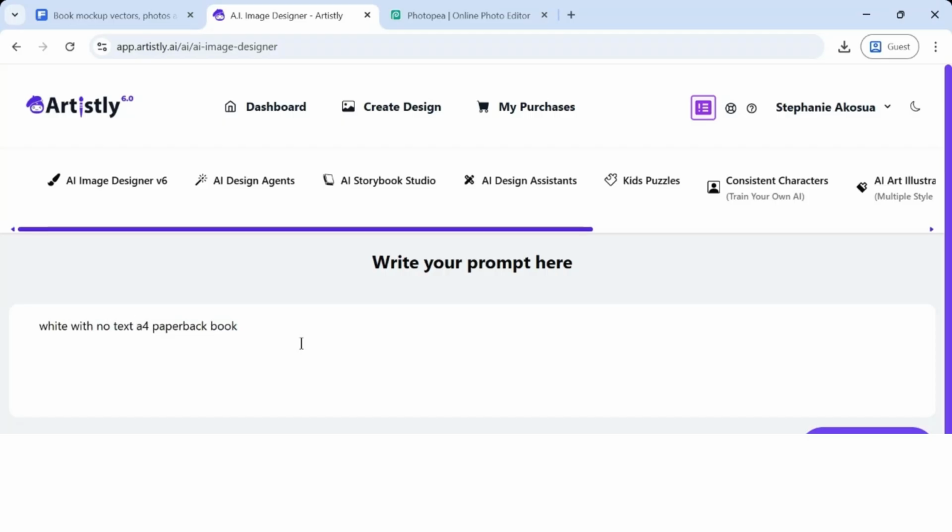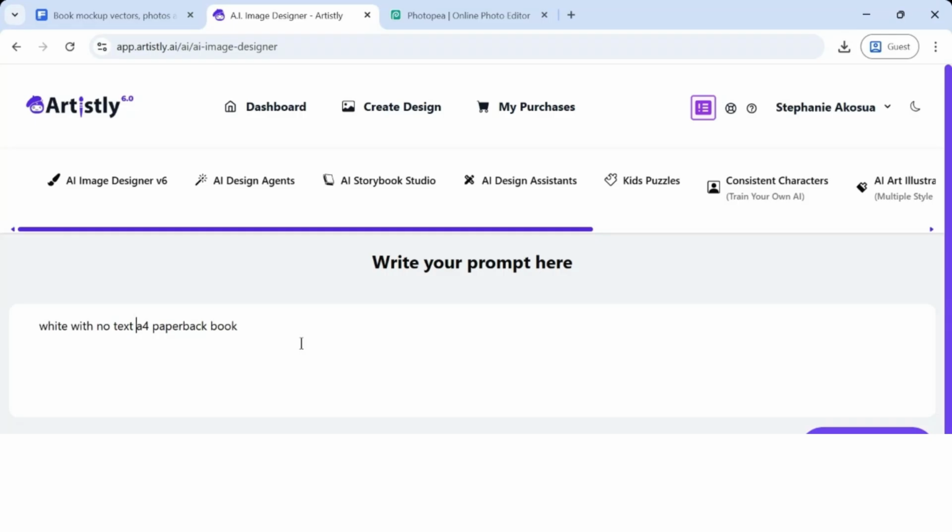The reason being is because you are using this base mockup photo to create your own book mockup. And if there's any text or any design on that book, you're not gonna be able to create your actual mockup